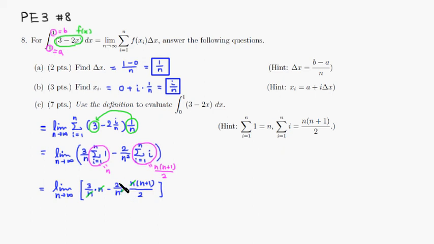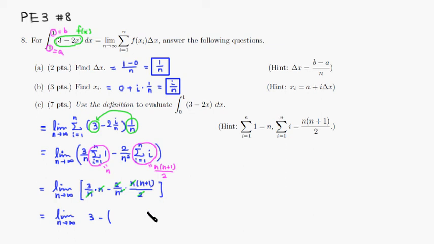Then you have a 2 on top and 2 on the bottom, so we can cancel those out. So what's left is the limit as n approaches infinity. Then you're going to have just 3 left over. Then you will have minus,